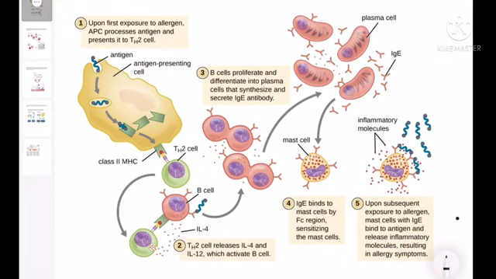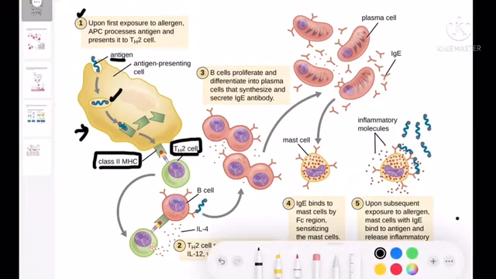You know that the first one, upon first exposure to the allergen, the antigen presenting cell processes the antigen and presents it to the T helper cell. In the first lecture, I already talked about the antigen presenting cells and their mechanism. Here they are saying that whenever the macrophage engulfs the antigen, it processes the antigen and presents it on MHC class 2 molecule, and there will be interaction with the T cell receptor present on the helper T cell, and this receptor is called the